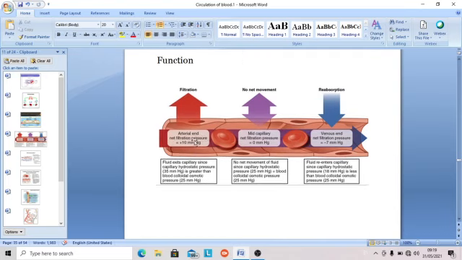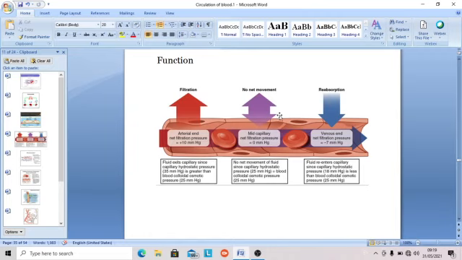This is the arterial end, where the net filtration is 10 millimeter mercury. How? Because the hydrostatic pressure is 35 and the blood colloidal osmotic pressure is 25. So the net pressure is 10 millimeter mercury. In mid capillary, it is 0, so there is no movement. In the venous end, the net filtration pressure is minus 7 because the capillary hydrostatic pressure is 18 millimeter mercury, as blood pressure decreases, while the blood colloidal osmotic pressure is 25. So minus 7 absorbs the contents, so it is reabsorption.